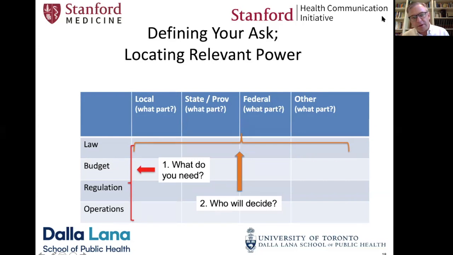Then what part of the state government am I actually asking for? What committees in the State House and what part of the executive branch will be on top of this? This is already overwhelming and complicated, which is why the best single piece of advice that I can offer here is to get help. If you're operating individually as an advocate, if you're trying to move a file individually, then